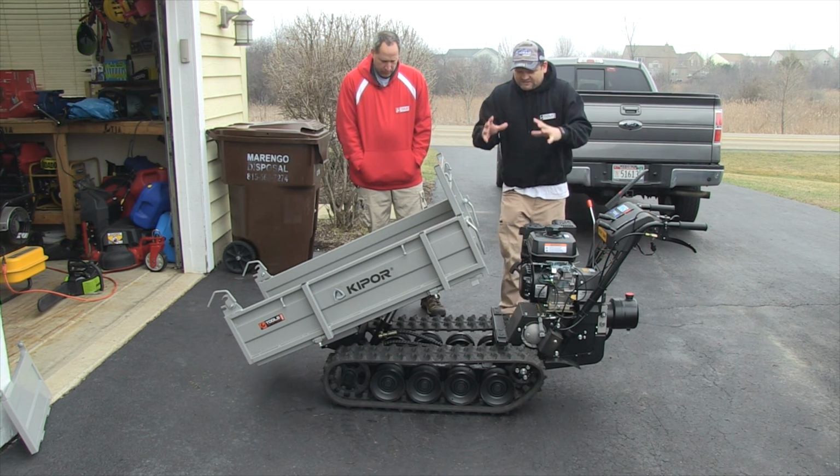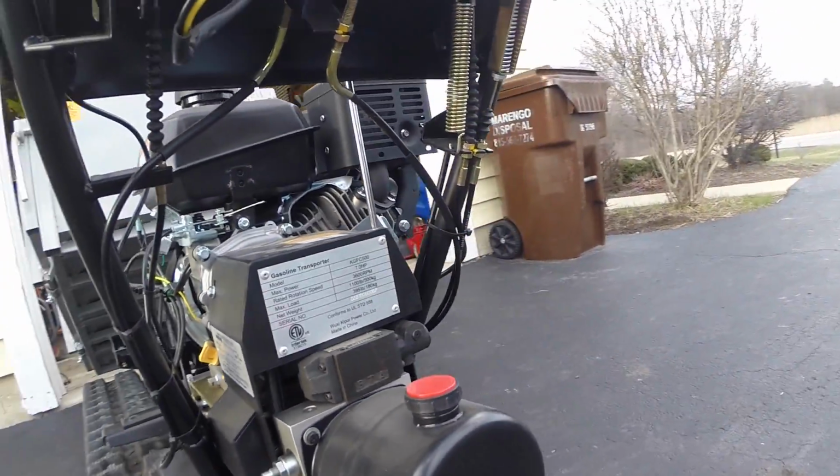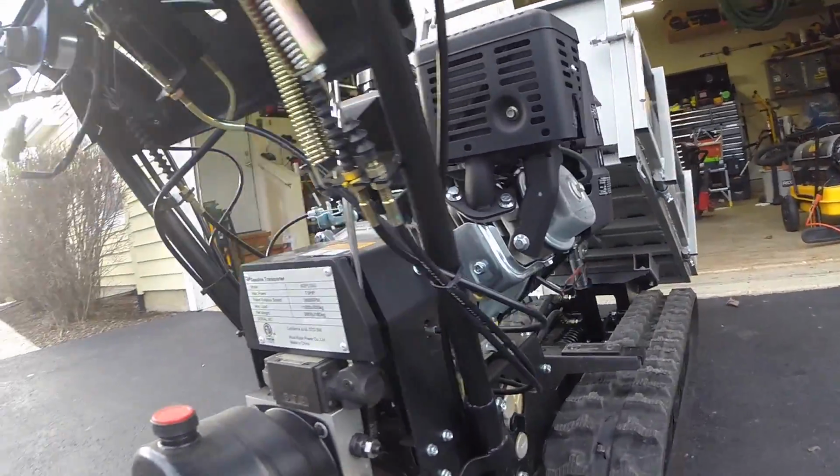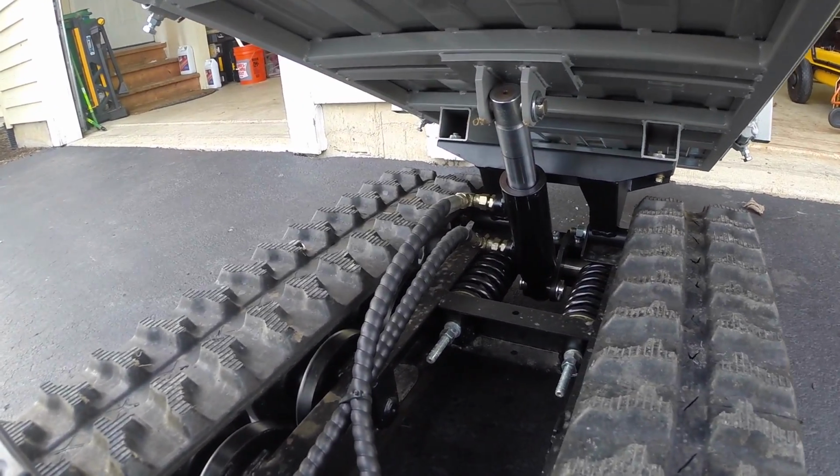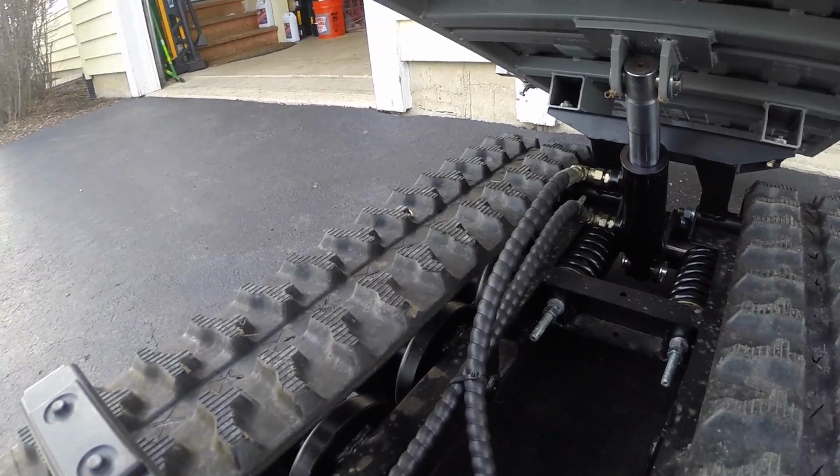But the guts to it all is down in here. This is where, like Eric said, he was looking at those springs. Personally, I don't know what those springs are there for. It's gotta have something to do with the dump, I would think. Yeah, it looks like something to do with the dump, but everything in there is heavy